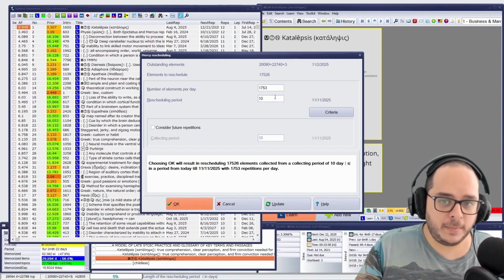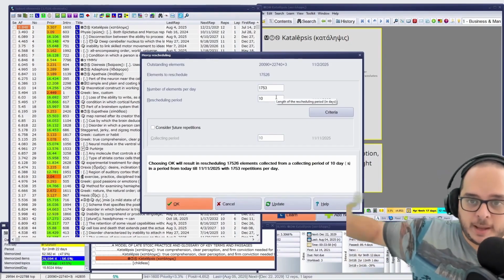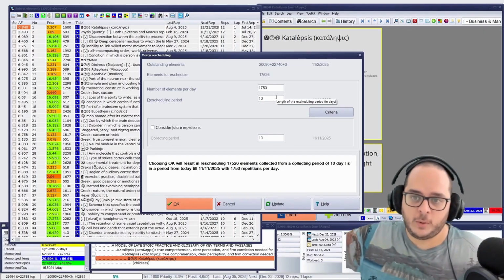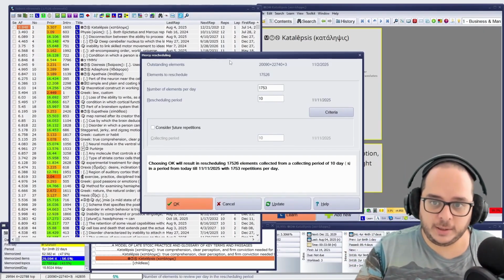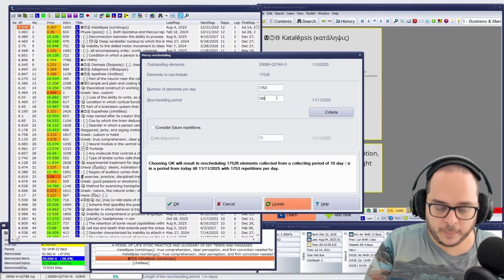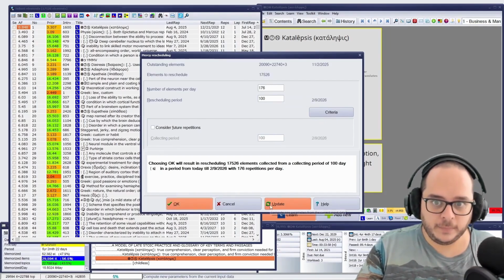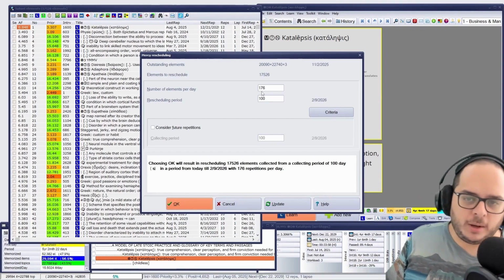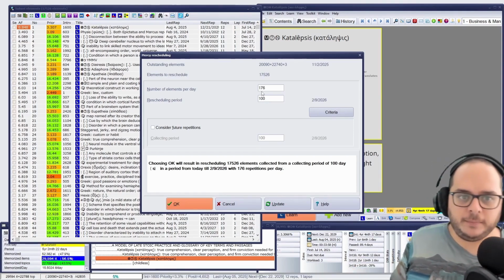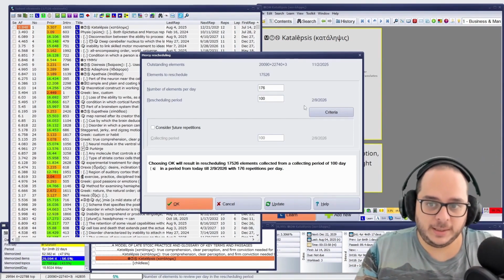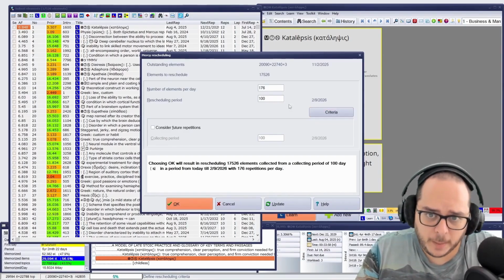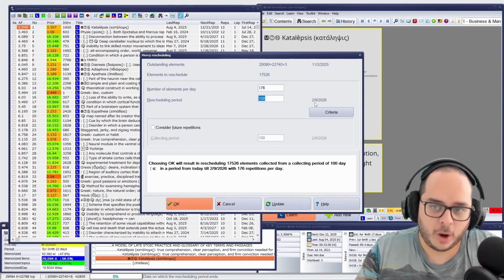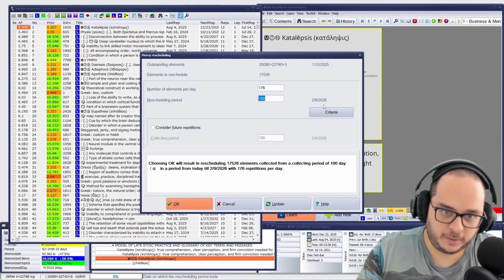I can estimate and spread them equally. So whatever I have, spread this equally in a period of days. If I say 100, every single day, there will be the same amount of elements per day. 176 is still quite a lot, but well, it's language learning, it's not that much for language learning. And I can see the date this will be, because I'm saying days. So in 100 days will be October 9th, 2026, next year for me.